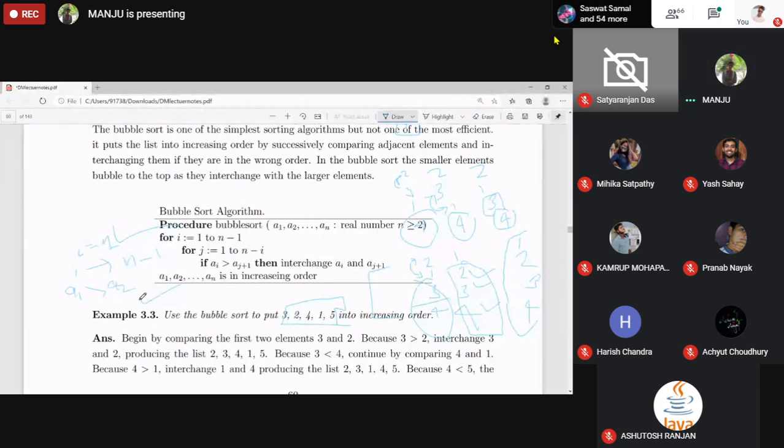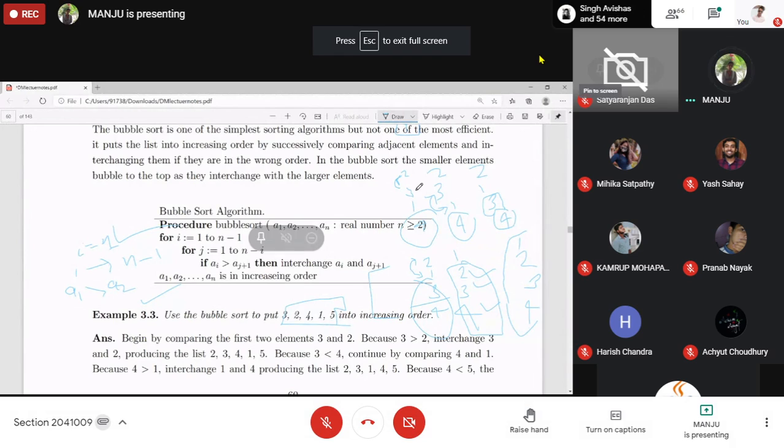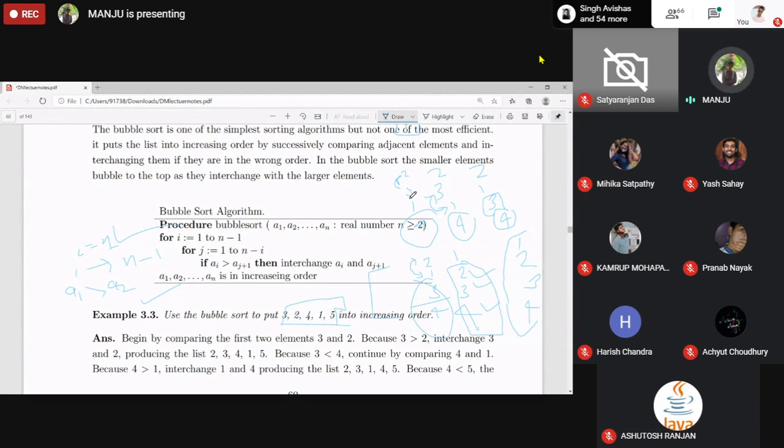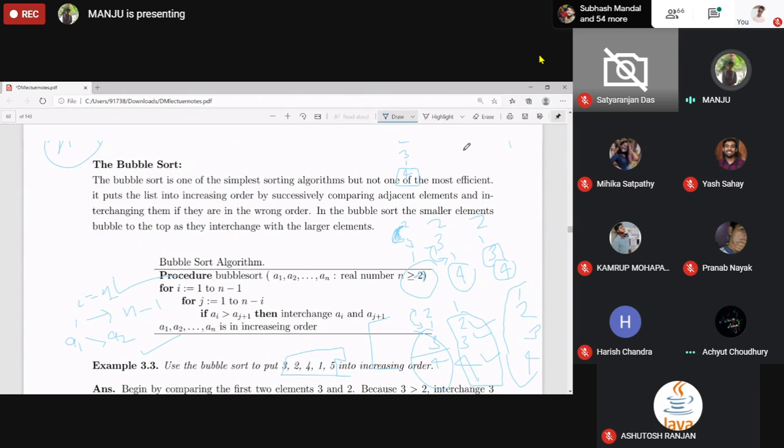If yes, it will interchange. Otherwise, no interchange, and J will become 2. So here, no interchange, so now J becomes 2.